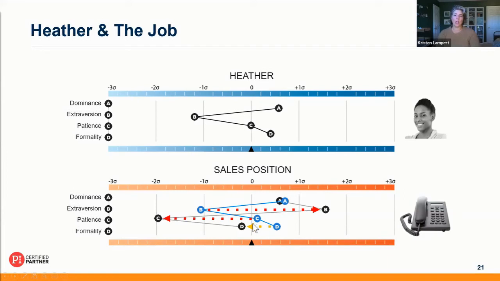And so the question was, how do we actually help her better align for this job to make sure that she's comfortable with the variety of the job, and where can we add more stability where she needs it for her to be successful? So that's an example of how you can use this data and insights to help you grow as a team.